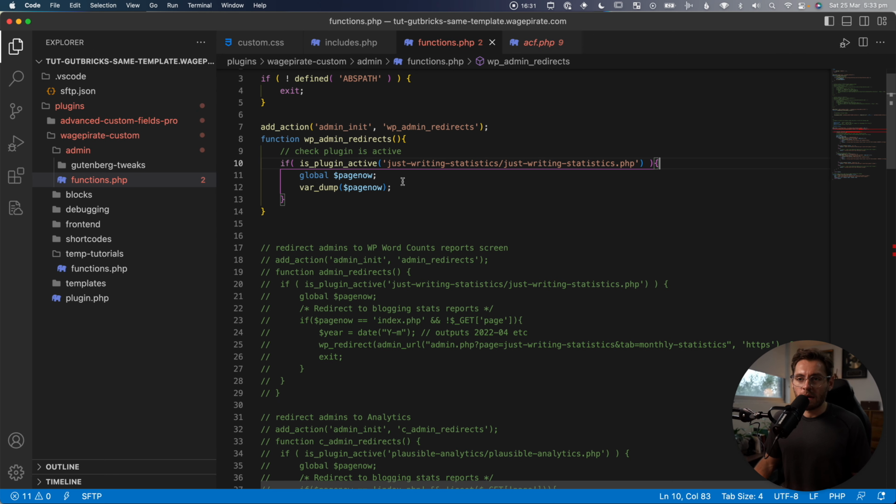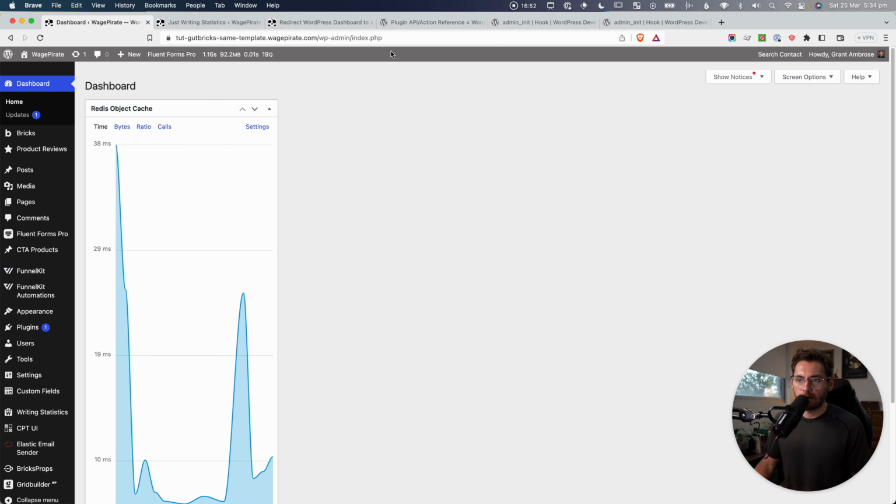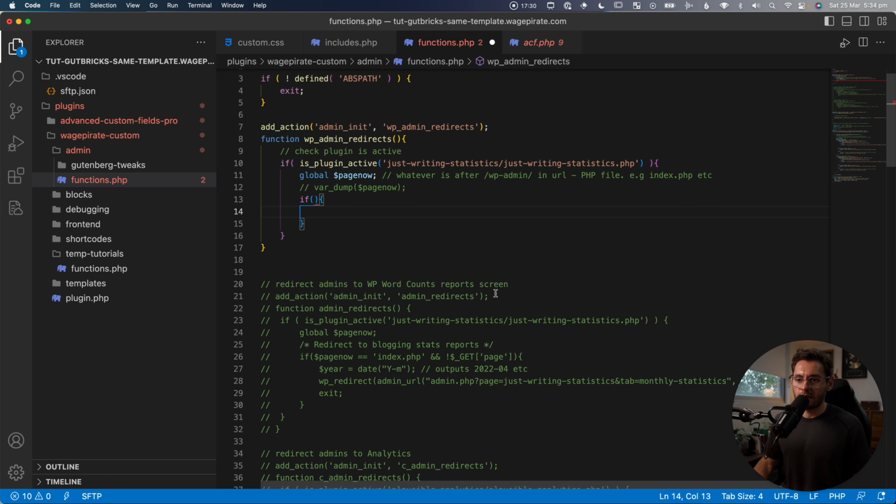wp-admin/edit.php. So by doing that, we can assume that this global pagenow variable, its value is always whatever is after the /wp-admin, then hyphen, it's whatever this is here, the PHP file. So on this page, it's edit.php, and then back on the dashboard, it's index.php. So I'm just going to go ahead and comment that out. So now that we know that this is whatever is after /wp-admin in the URL, the PHP file, e.g. index.php, etc. What we can do now is go if, like this, and then we could say if pagenow